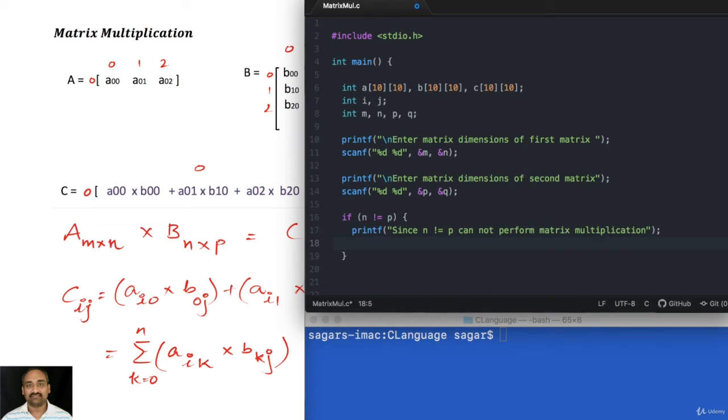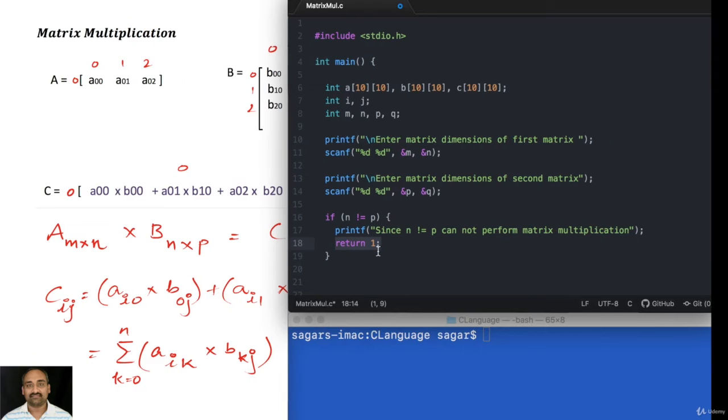And we don't need to proceed forward. We can say return 1, or we can also say exit. So exit terminates the program, and return also here terminates the program because it is inside the main. That means it returns from the main function, so automatically it will terminate the program.